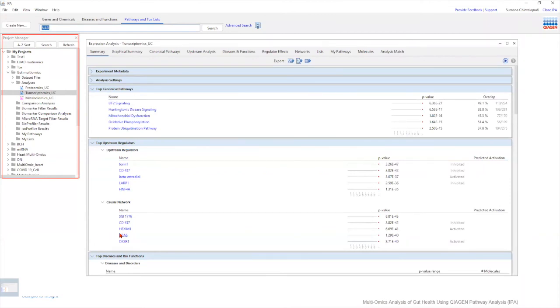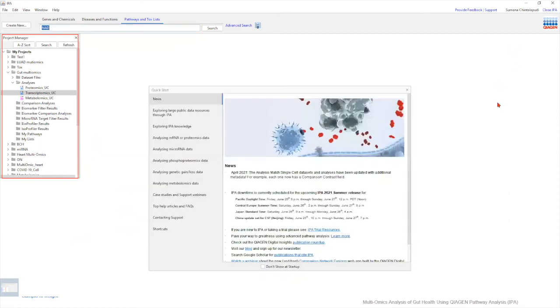So if you have attended our IPA introductory trainings that occur on a bi-weekly basis, you might know that this window will display different tabs from the core analysis, and this will provide different workflows to allow you to generate pathways, networks, identify key regulators, and so on. So you can use this information then to generate data for your research or simply generate a novel hypothesis that you can test in the lab. But our goal today is to analyze the multi-omics data together.